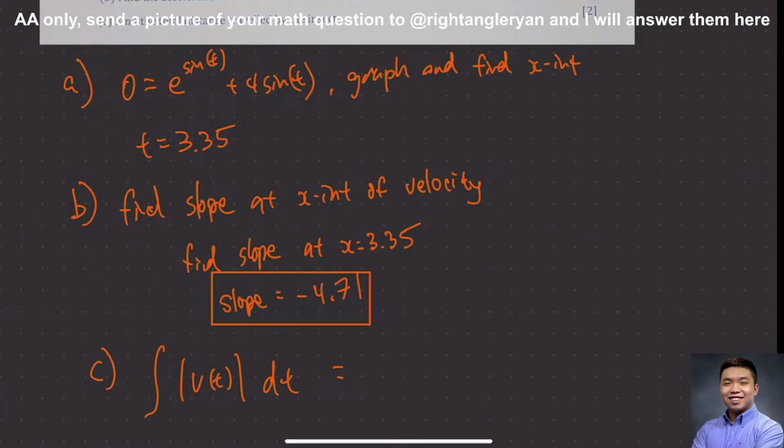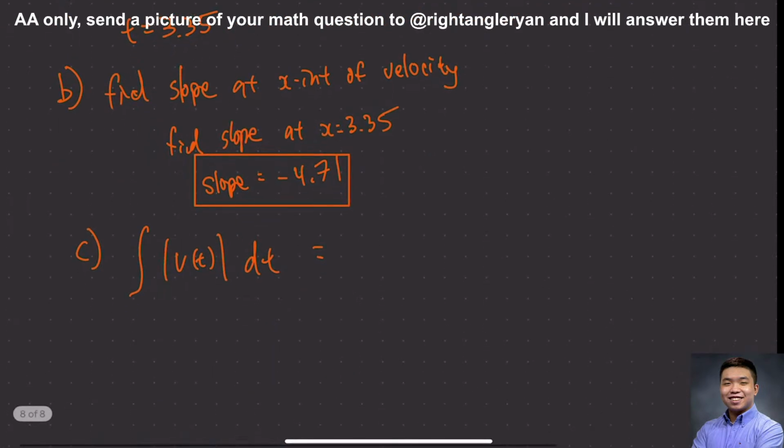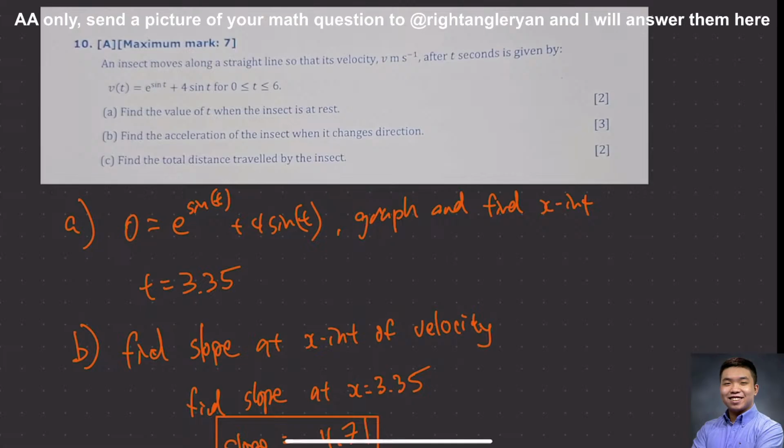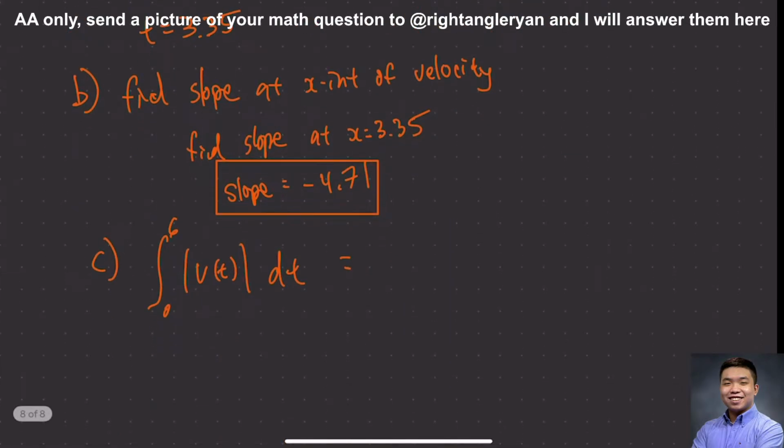I want to integrate from 0 to 6. So put 0 here, 6 here. We're going to have the absolute value of v of t, e to the sine x plus 4 sine x, dx. Okay, answer will be